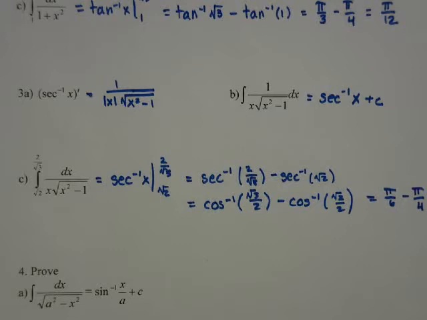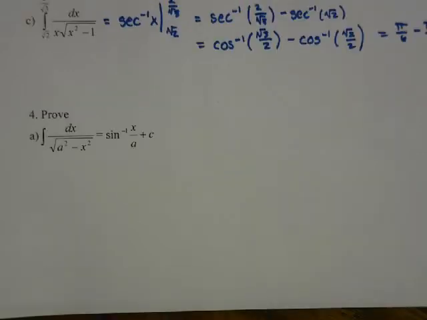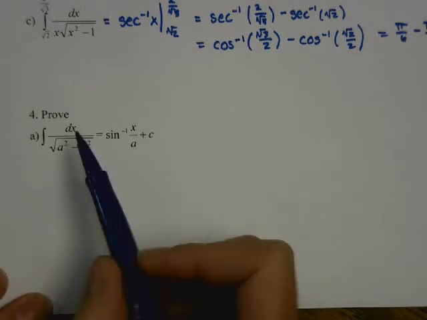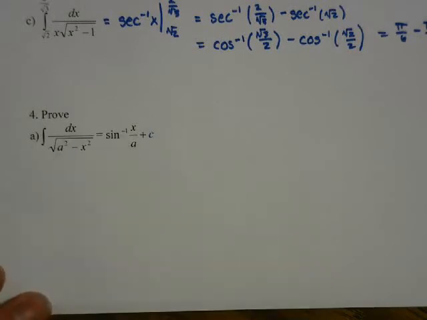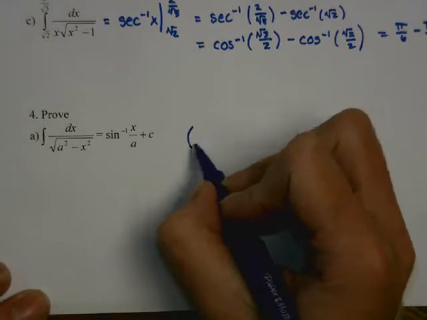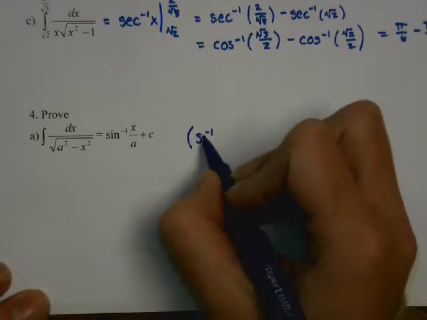We're going to focus on just sine inverse and tangent inverse. Secant inverse rarely comes up, really never comes up in an AP problem, but sine inverse and tangent inverse do. All right, so we're going to focus on sine inverse. So we have the integral of a squared, not just 1, and we're saying this is equal to this. So we're going to prove this just by taking the derivative of sine inverse